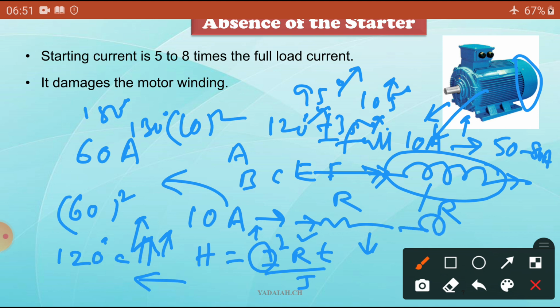The winding is placed side by side. If the enamel coating is gone, automatically a turn to turn short circuit occurs, and the total winding will burn out. To avoid this, we require some limiter, some traffic constable, at the time of the